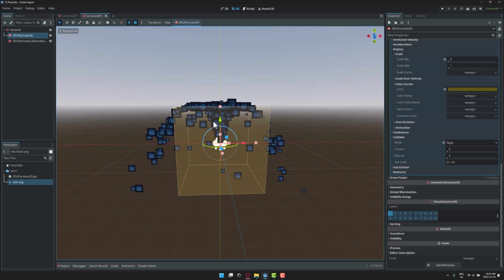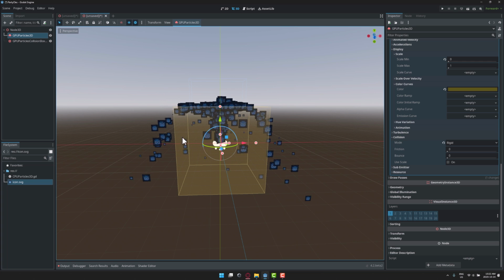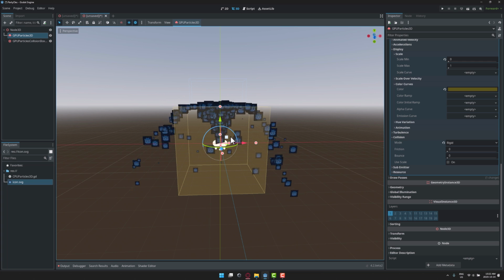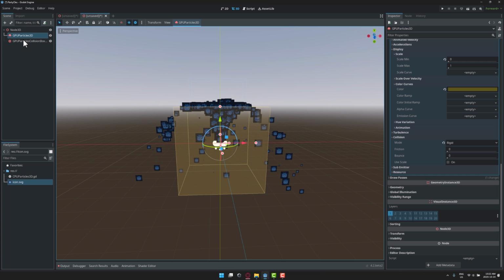But that is it for the basics of controlling particle systems. But there is a ton you could do. Simple water fountain effect being generated here using the Godot logos and a single collision box. So let's now take a look at what's new in the future of particles in Godot 4, starting at